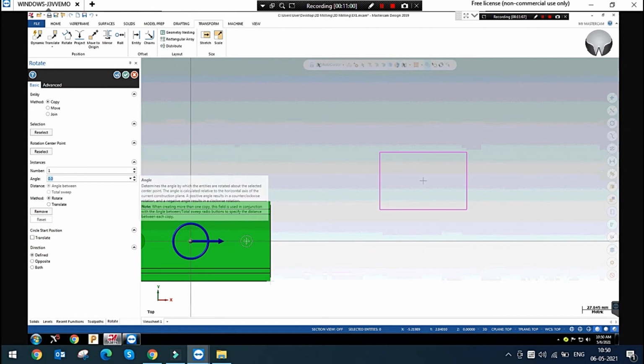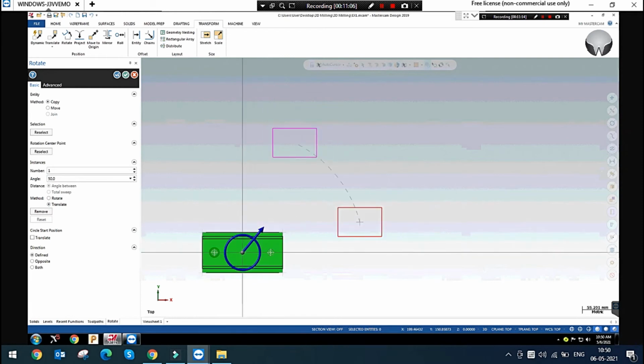And let's go in the 50 degree. You can simply see this. You can see this, brother, it is not rotated, it is translated to the particular angle. The rectangle is in the same position and rotated; the total rectangle has been rotated to the particular angle parallel to the angle.